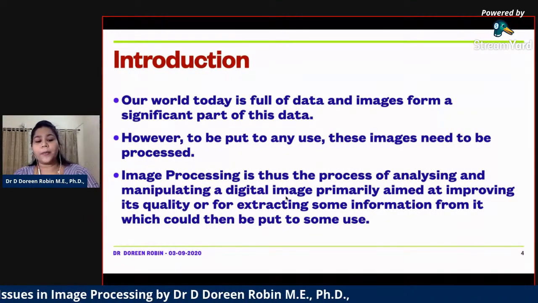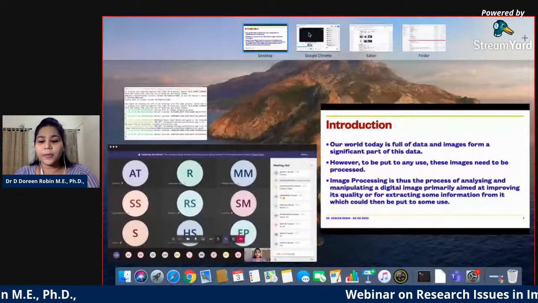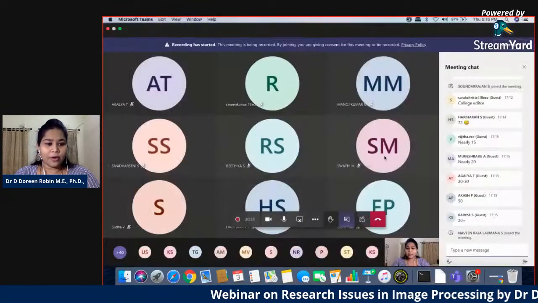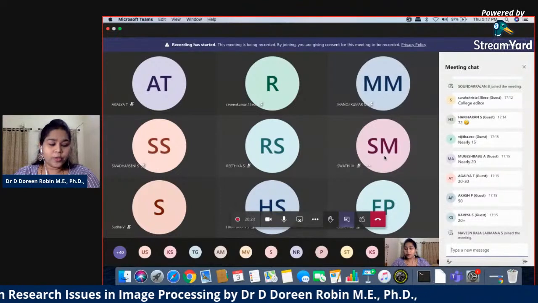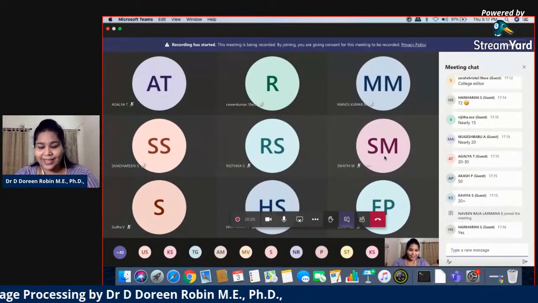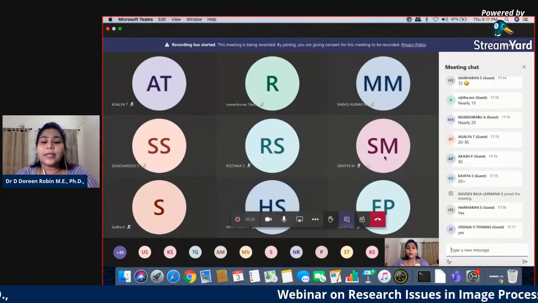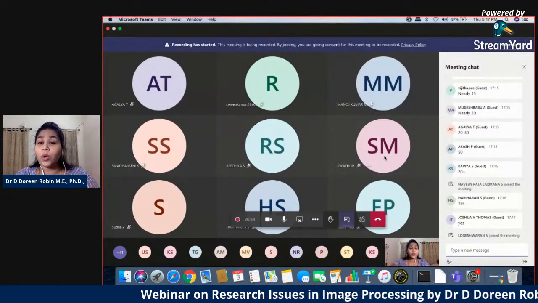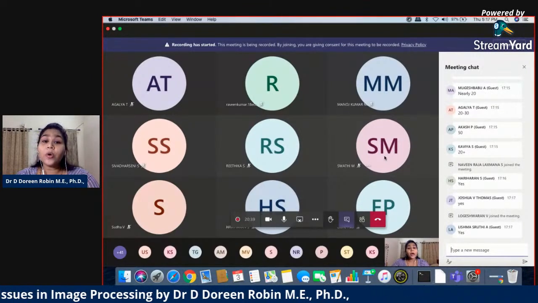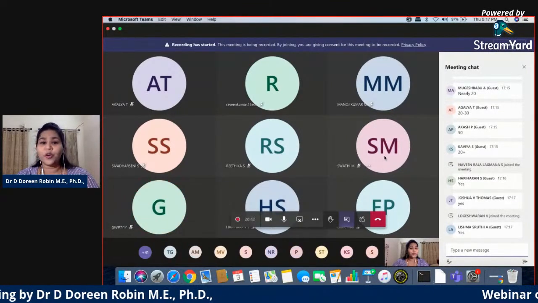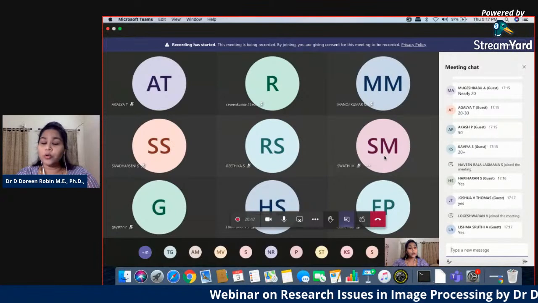How many of you are using Google Photos? Yes or no? Google is providing an application. Yes, Hariharan, you said yes, you are using Google Photos. So when you upload to Google Photos, it asks you whether you want the original image or a high quality image. If it is high quality, Google does not restrict your sizes. So whatever pictures you take on your mobile, they will be uploaded onto your Google Photos.